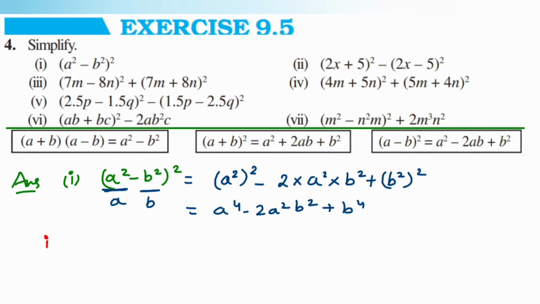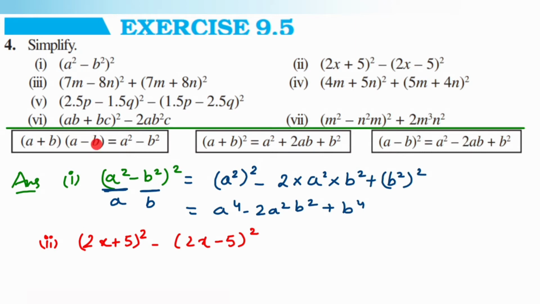So second question, we have 2x plus 5 whole square minus 2x minus 5 whole square. Now we can do this in two different ways. First is to apply the first identity, that is a plus b whole square, then solve it, then minus a minus b whole square. You can apply this identity a plus b whole square and a minus b whole square, you can do it. Or otherwise we can also do it in this way, that is